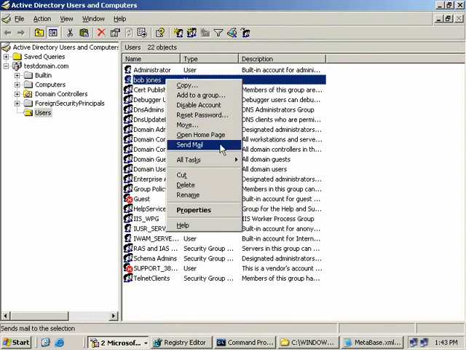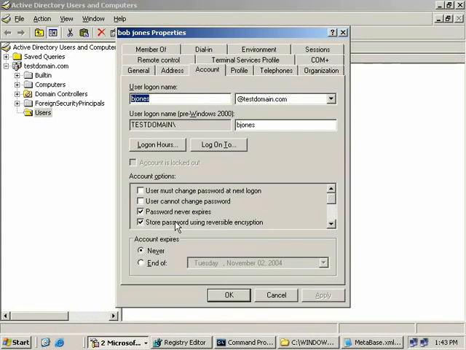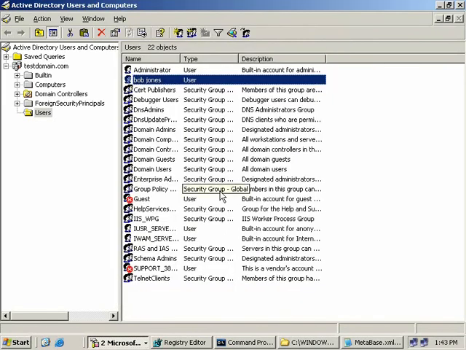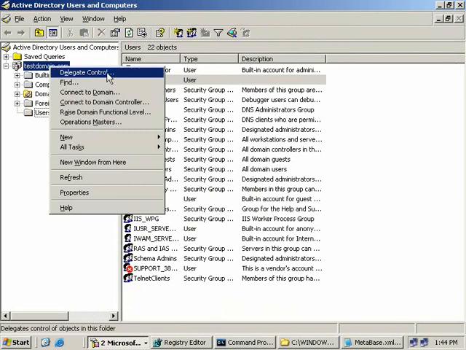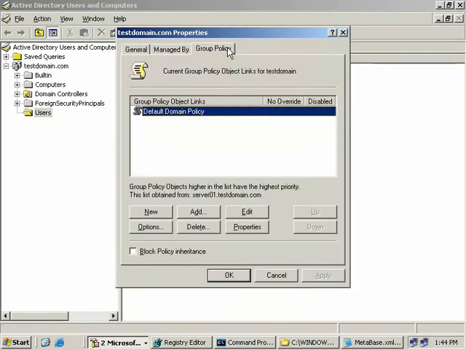So again, if we right click on one of these accounts, select Properties, select the Account tab, down here we can see that change has been successful. Okay, now if you do need to manipulate more than just a few accounts, you could use Group Policy to set Digest Authentication. Now if we right click on our domain and select Properties, followed by the Group Policy tab,